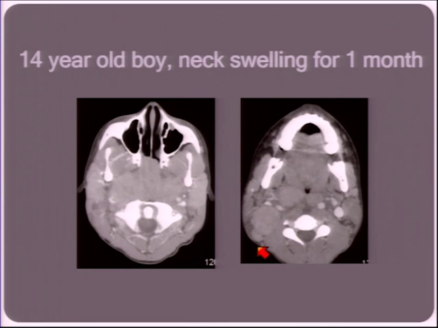Okay, moving on to the next tumor type. This is another patient whose story begins with a trip to the emergency room prompting a CT scan. Here's a 14-year-old boy with neck swelling for 1 month, getting worse on antibiotics. On his post-contrast CT, you can see this mass-like enlargement of the adenoids filling the nasopharynx and extending into the